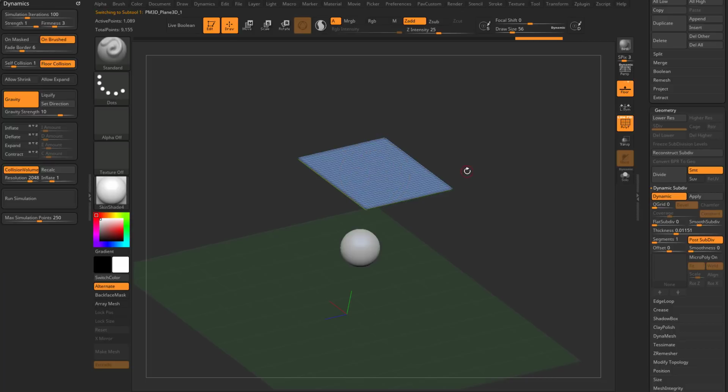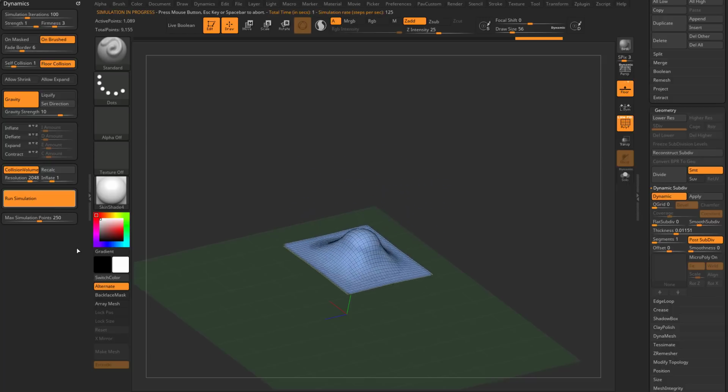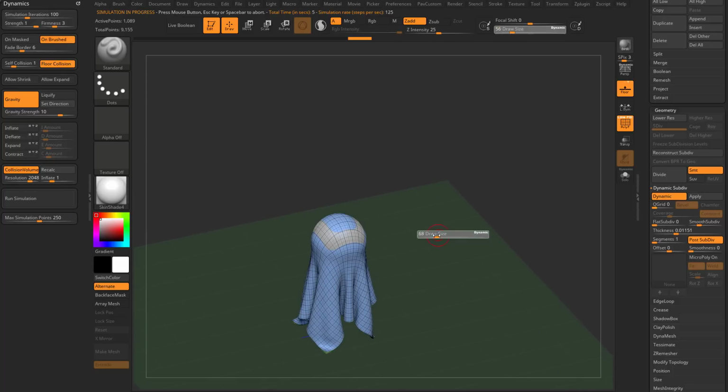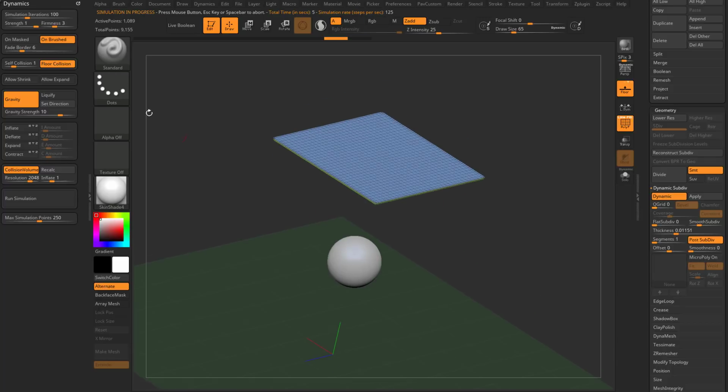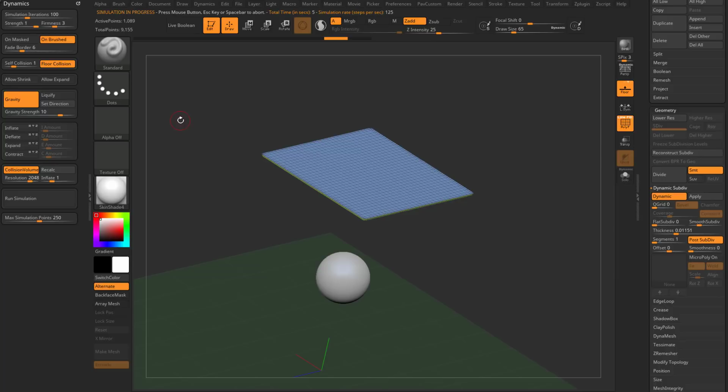I'm going to alt tap this plane. I hit Q to go back into draw mode. We're going to recalculate our collision volume, so that's going to calculate this sphere as our collision volume, run the simulation, and now you're going to say, okay, it's simulated, but boy, it's really stretching hard on that sphere over there. So again, just a couple basic things that you need to know, basic sets and parameters over here that we're going to go over in detail later, but